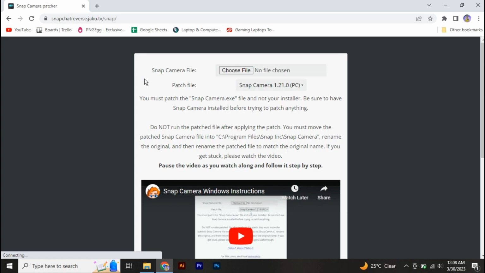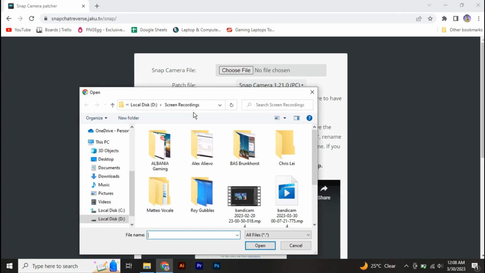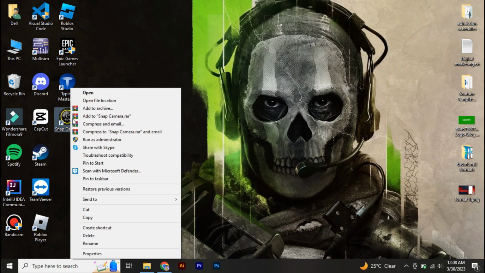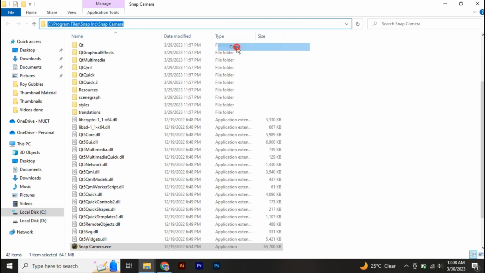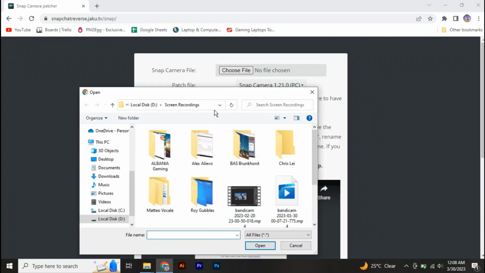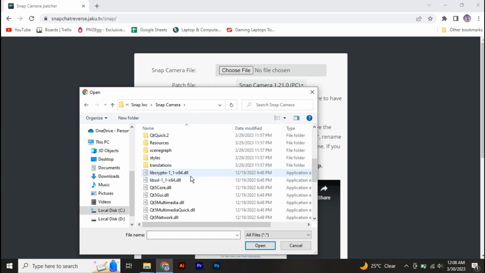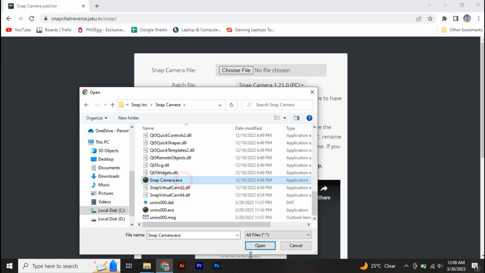And here we have to make a patch file. And how do you do that? What you need to do again, you're gonna click on choose file. And over here, you're gonna move to the directory where your Snap Camera is installed. Now, just simply go to your desktop, right click on your Snap Camera icon and click on open file location. Now just copy this directory, go to the side and paste it over here. Hit enter, and over here you have to select the launcher of your Snap Camera, click open,